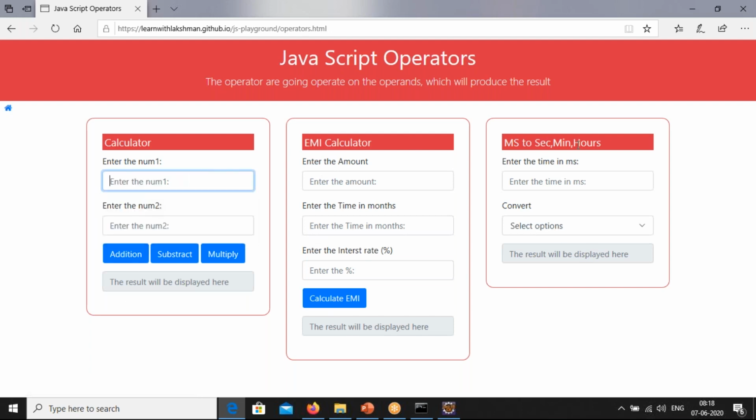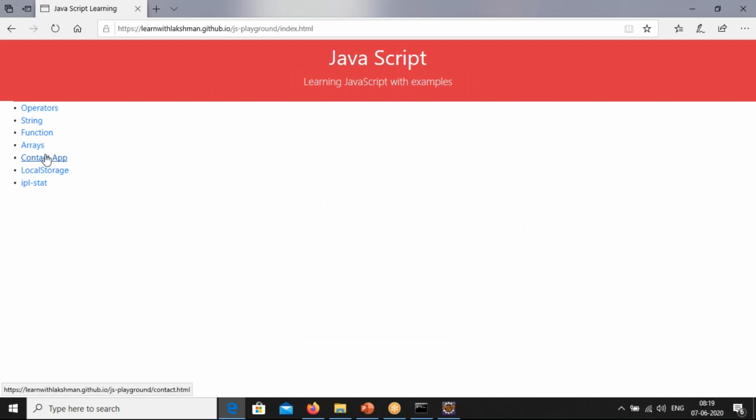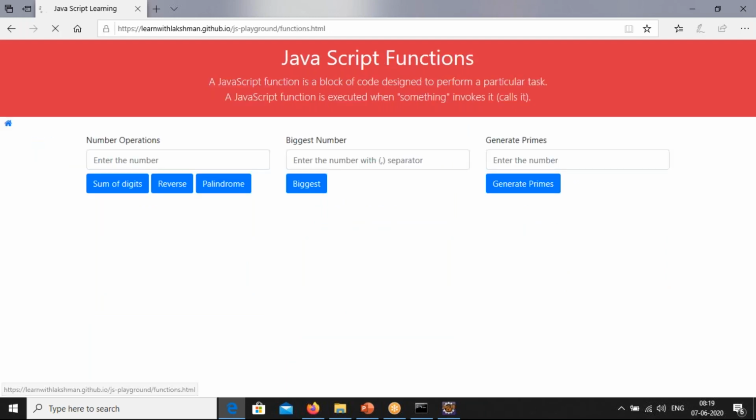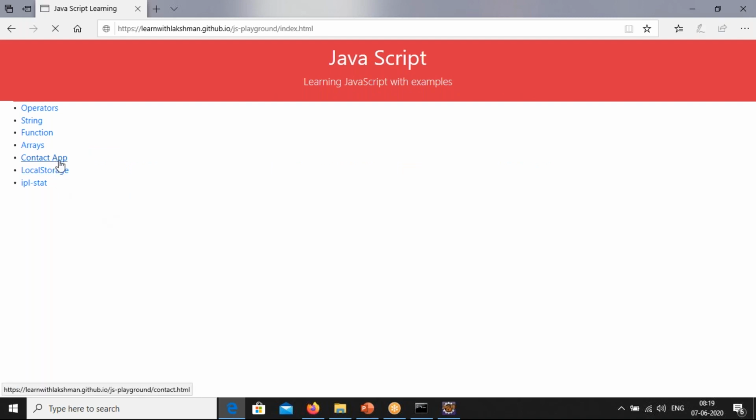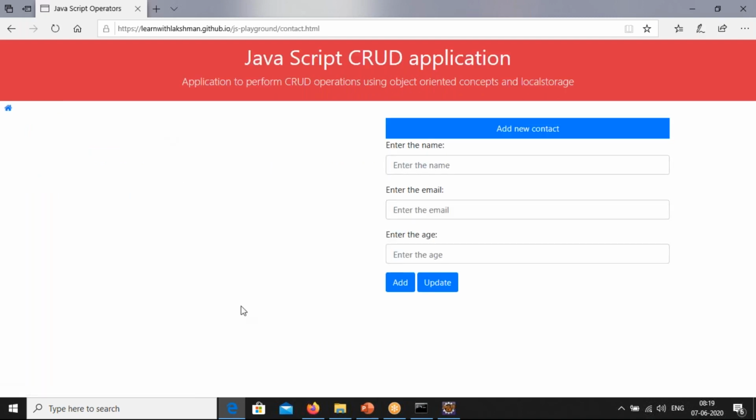When you are learning JavaScript, you will be writing the code for all these things. Empty skeletons are provided for you, and you are going to fill in all of those skeletons. If I'm looking at the functions here, we don't have any implementation. I'll be asking you to give the implementation for this. Here there is no data, and here there is a simple form you have.